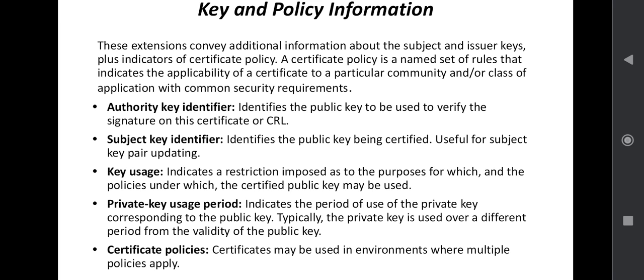First one is authority key identifier. It identifies the public key to be used to verify the signature on this certificate or CRL. Subject key identifier identifies the public key being certified, useful for subject key pair updating. Key usage